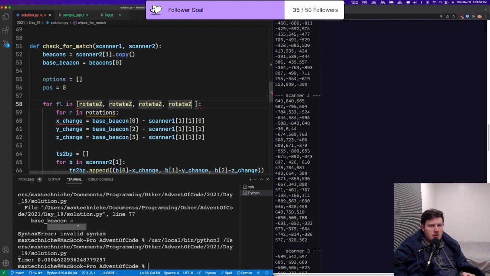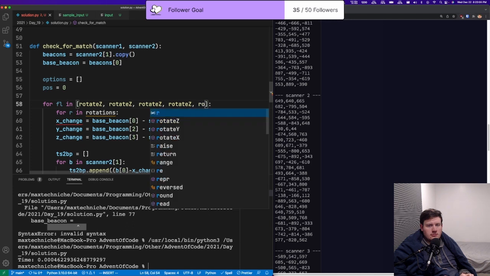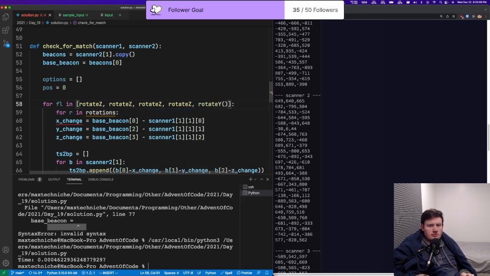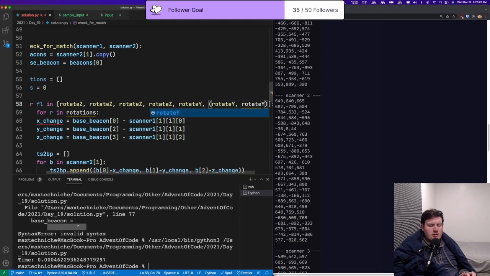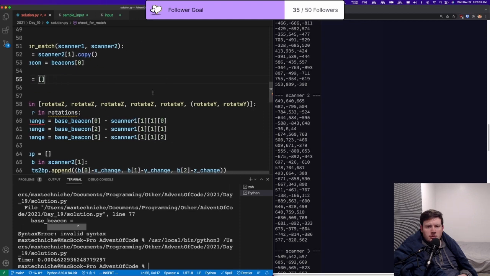And then, to get the last 2 faces, 1, 2, 3, 4, we're going to do rotate Y, and then rotate Y twice. I think that will work. Okay, so